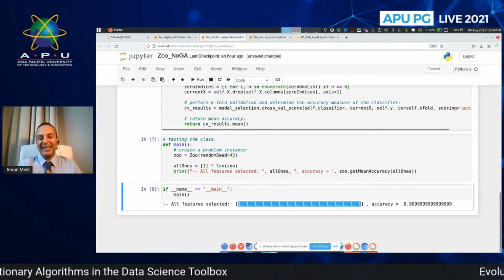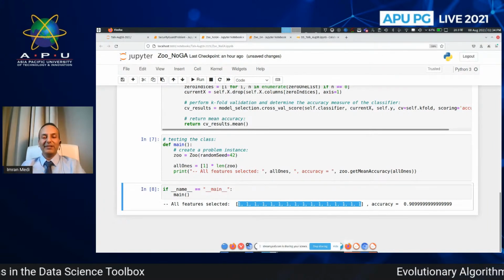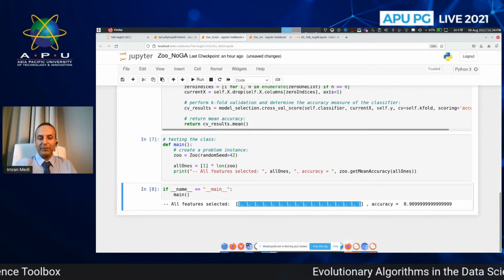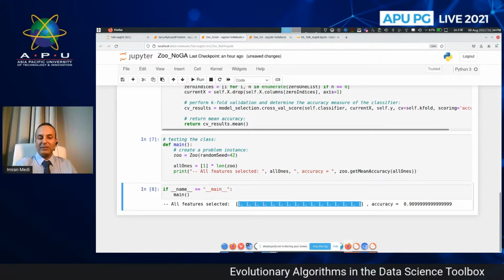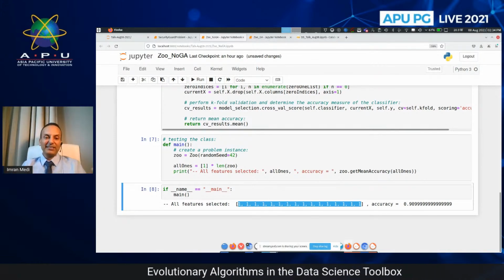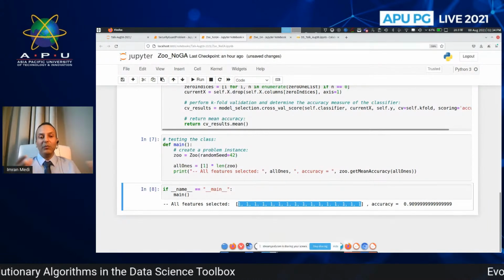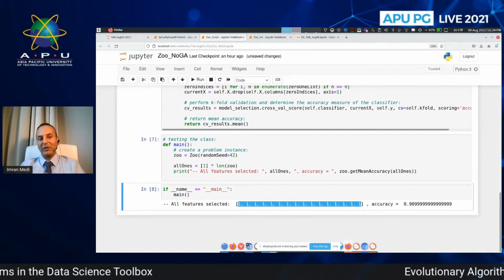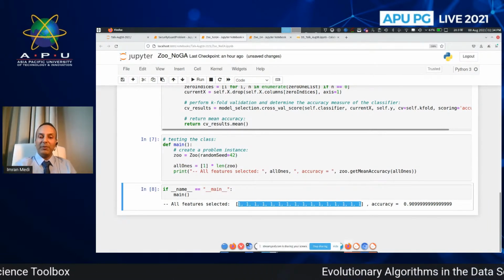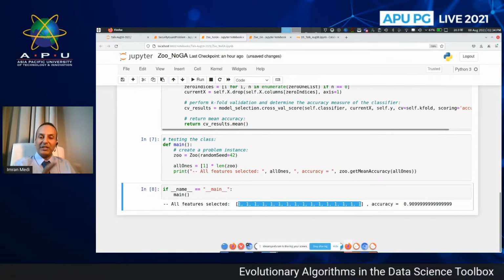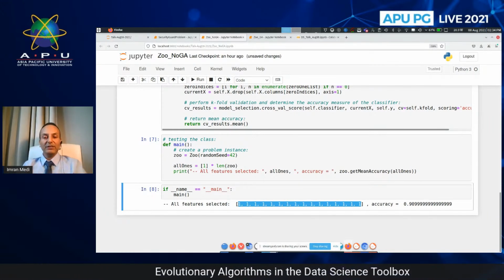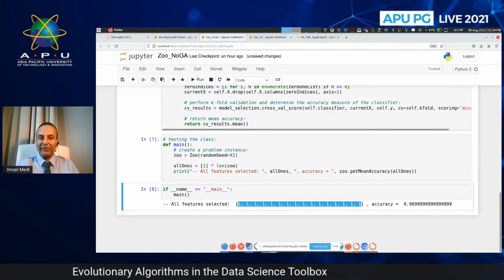There's an error rate of 10%, but it's accurate to 90%. In this case, we've just got 16, and we just dumped these into this particular algorithm. What if we had a lot more? And how do we know which of these would be best, and what permutation or combination could potentially give us a higher accuracy rate?